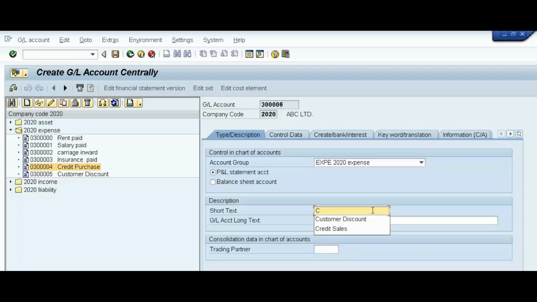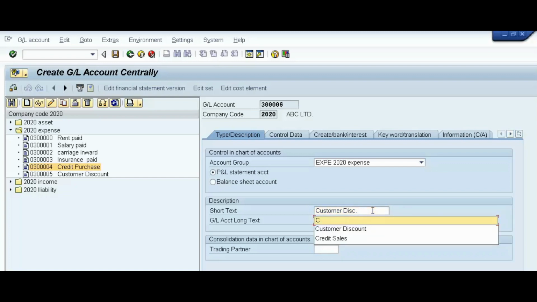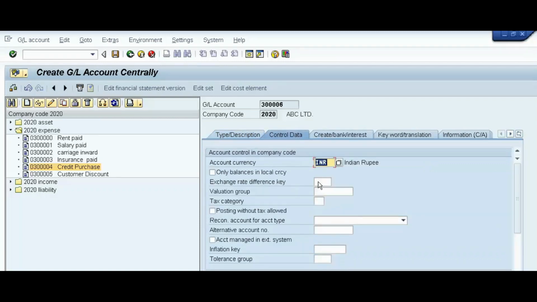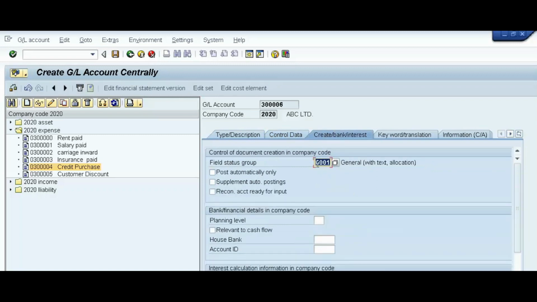Customer discount, and control data, currency, create bank interest, fee status group will be G001 general.